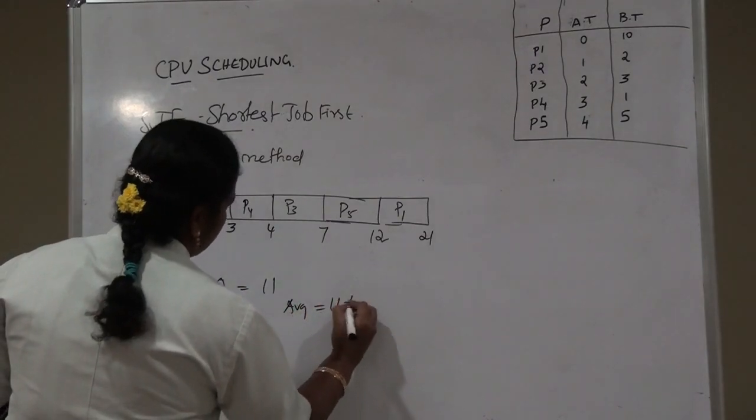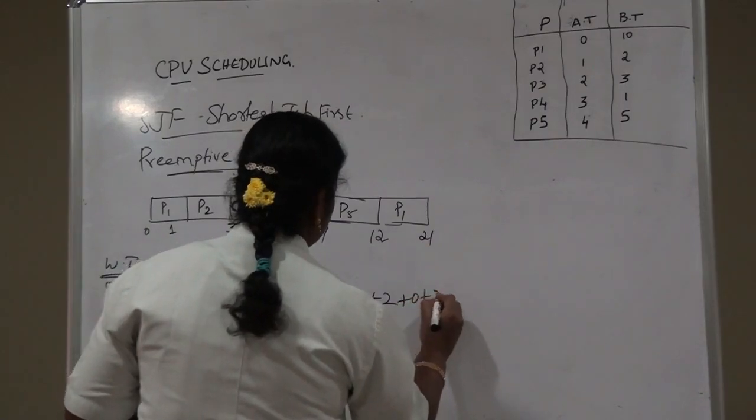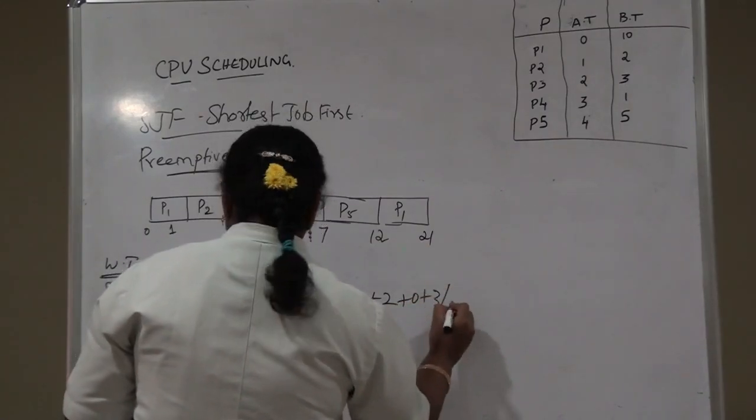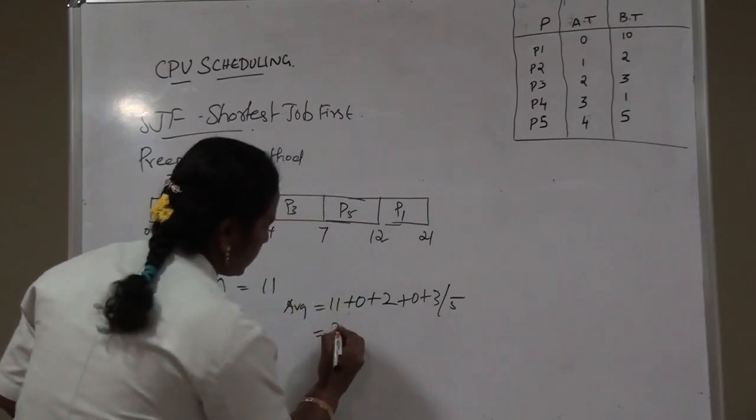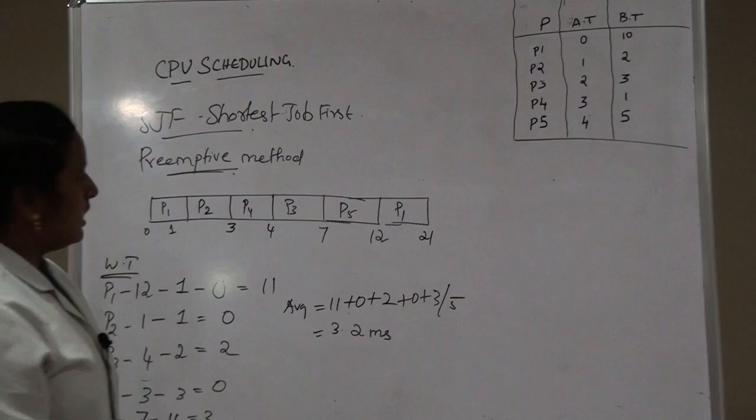Average is 11 plus 0 plus 2 plus 0 plus 3 divided by 5. So its average is 3.2 milliseconds. Next one is